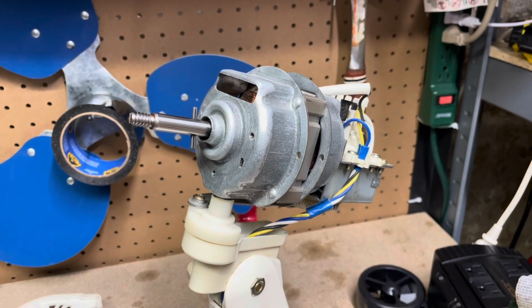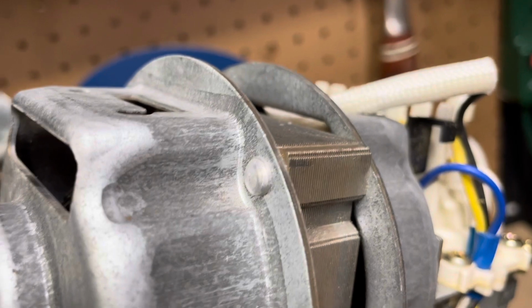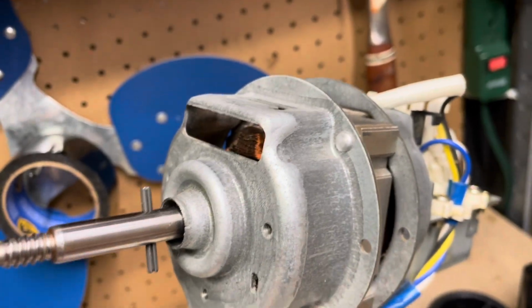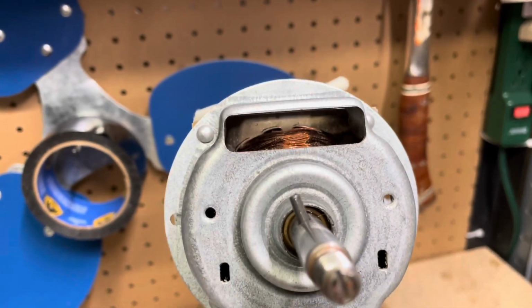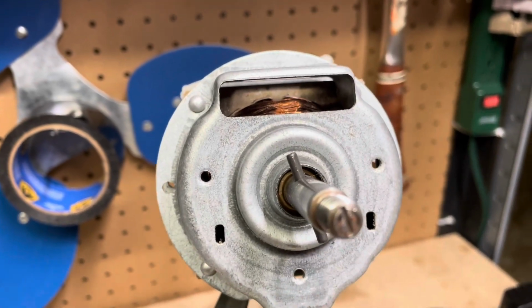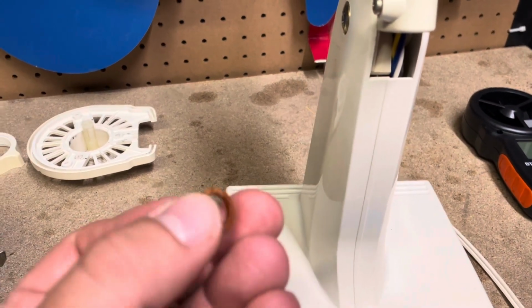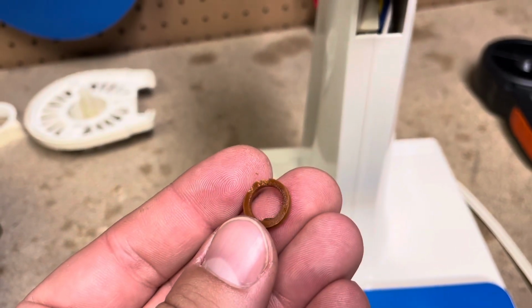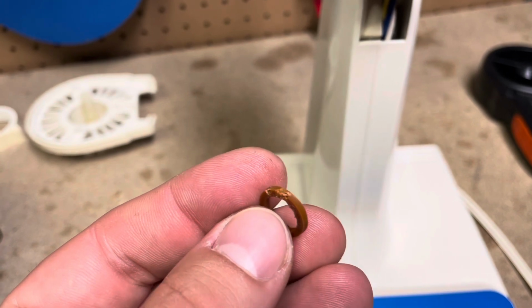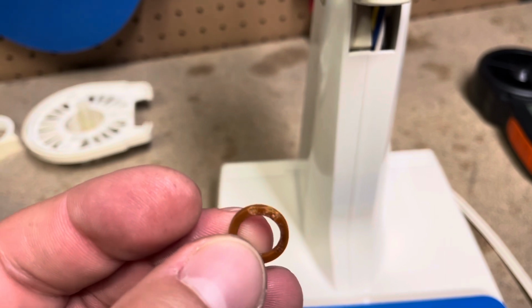Here's a look at the Frigid fan motor. It is the riveted motor, unfortunately, but I was able to get in there and oil through the front of the front bearing and through the rear side of the rear bearing. And the trick is to get these little nylon inserts out of there, and they're in there kind of tight. You really got to pick at them to get them out of there,